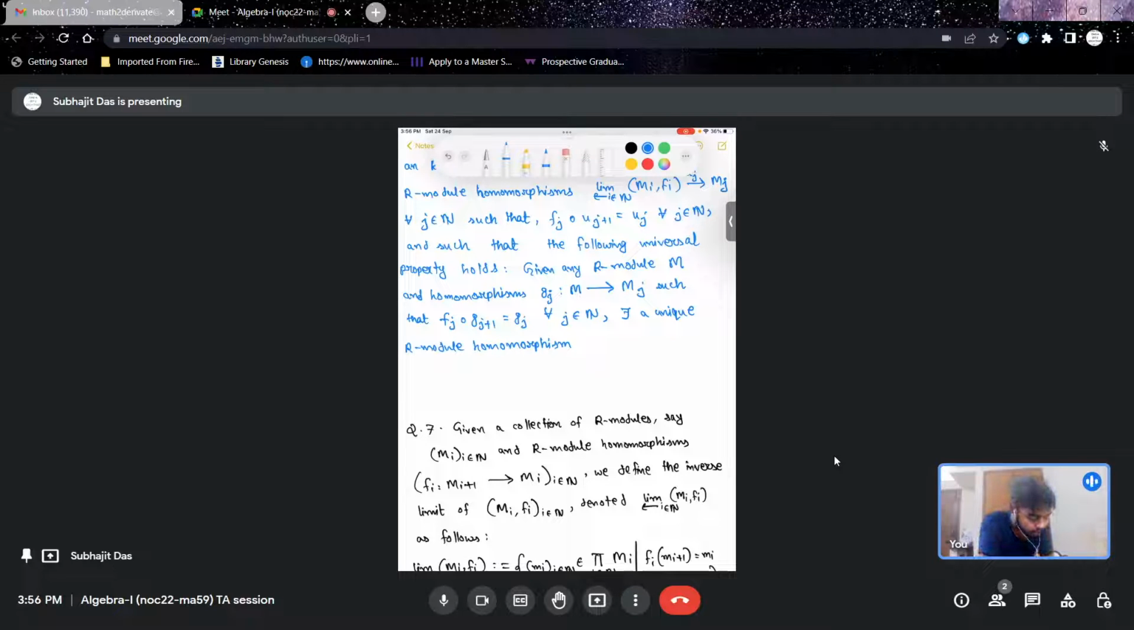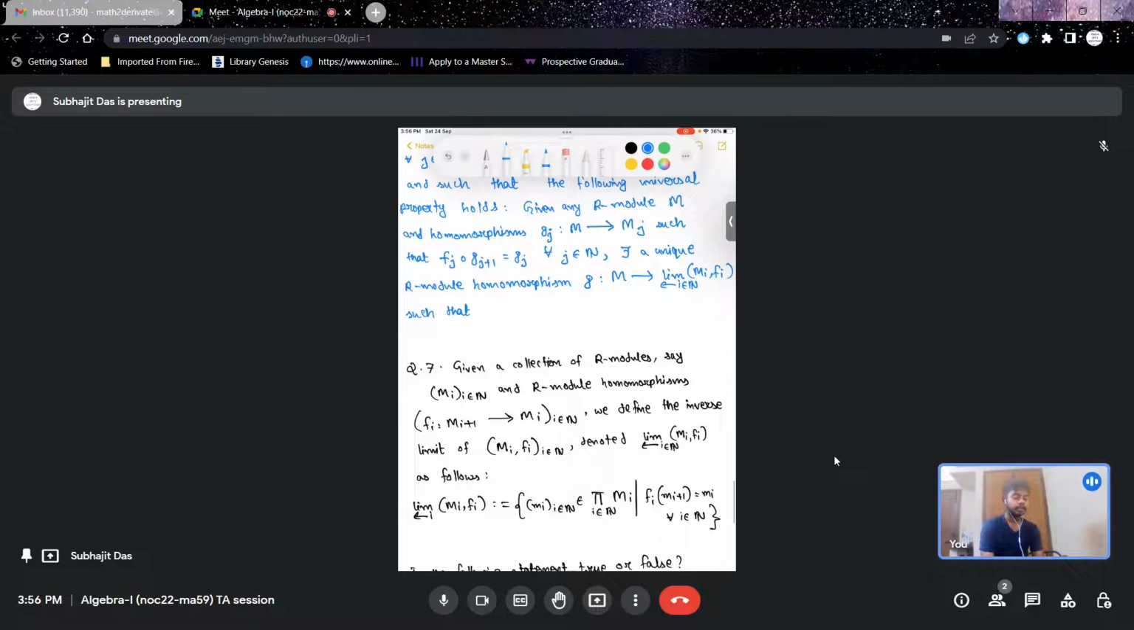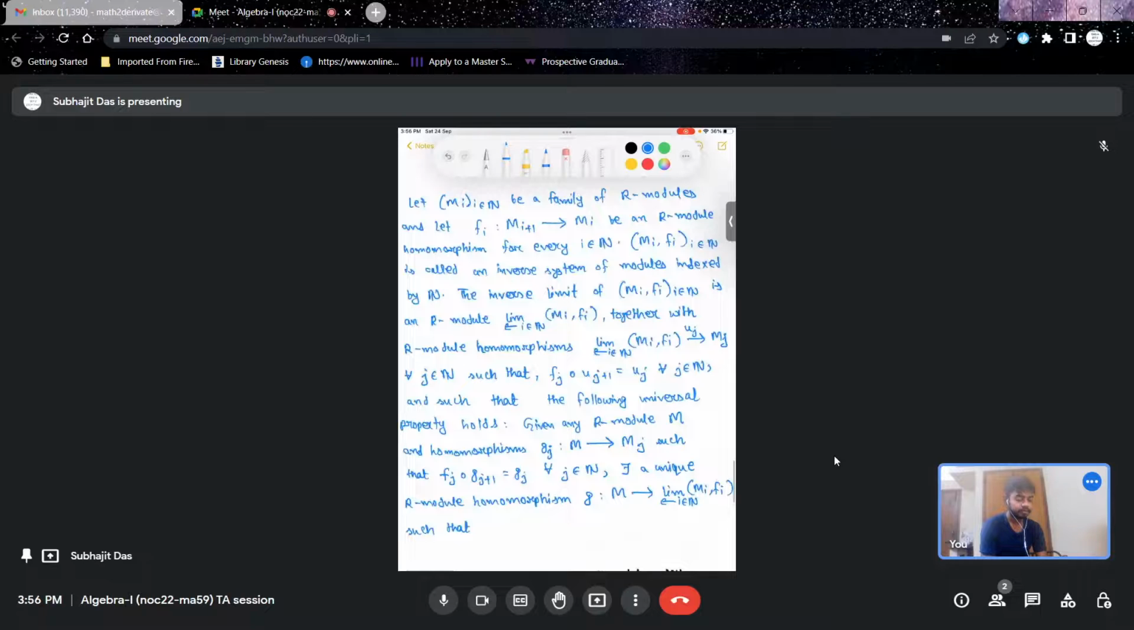There is a unique R-module homomorphism, let's call it G, from M into the limit object of (Mi, fi), such that... I'll just draw the picture after this so that it becomes very clear what I'm trying to say. So such that